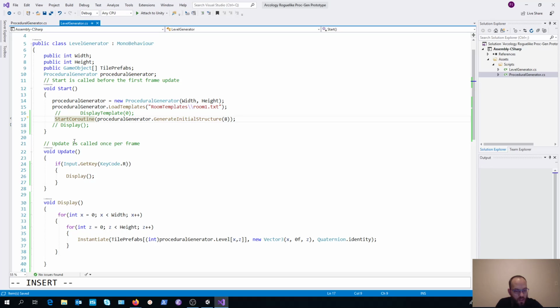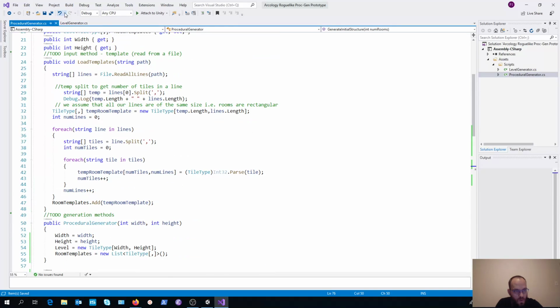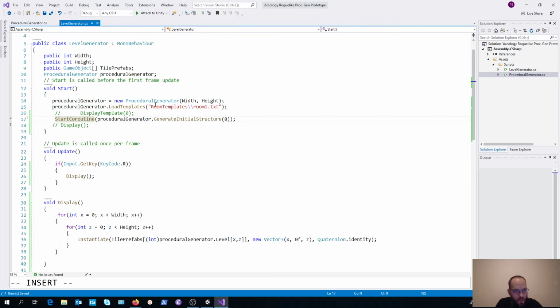Even though I've got it keyed to an actual input. We are loading the templates fine and then generating the initial structure.